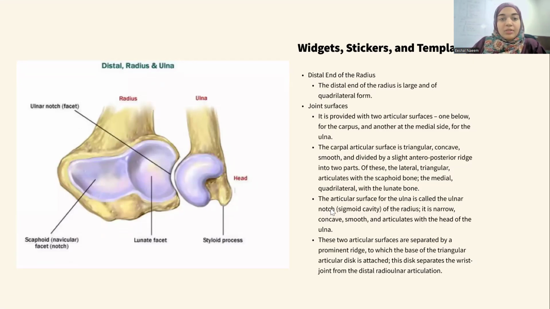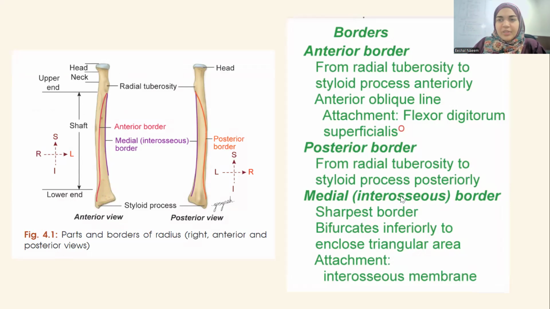Okay, so now the borders are very important, but they're pretty simple when it comes to the radius because it's very easy to identify these borders, because it's very easy to identify the tuberosity. The tuberosity has an anterior part and a posterior part. The posterior part is roughened to give an attachment to the biceps brachii tendon. Now, the anterior border starts from the radial tuberosity, the anterior part of the radial tuberosity,